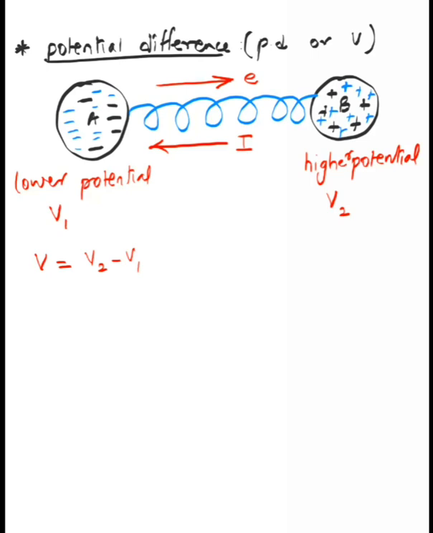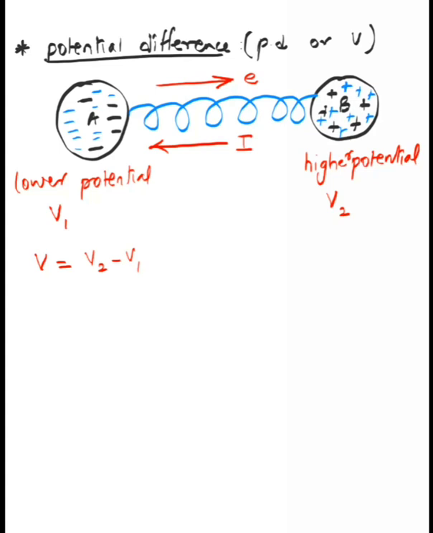Correct. The number of electrons flowing from A to B will increase, and also the electrons will flow faster. So both things will happen: more electrons, and they'll also go faster because there is more positive, so it will pull harder compared to the previous case. So basically the difference in the concentrations, guys, could be said as the potential difference. That's for your understanding, guys.